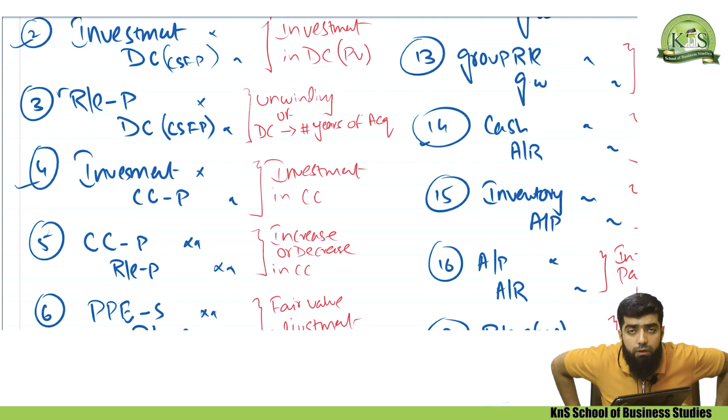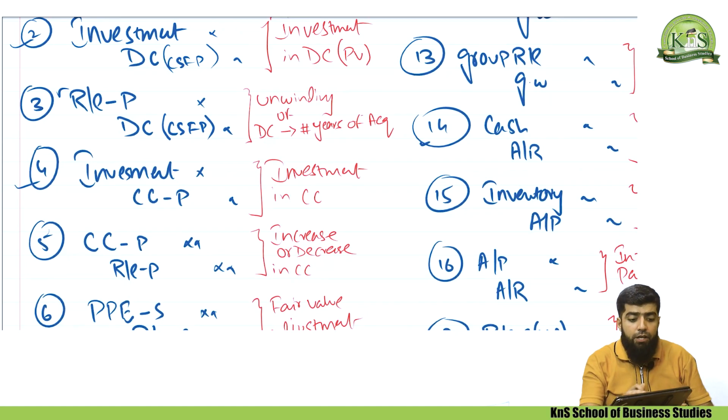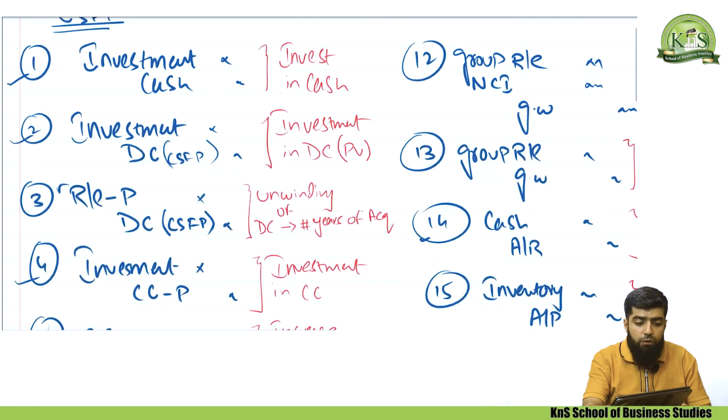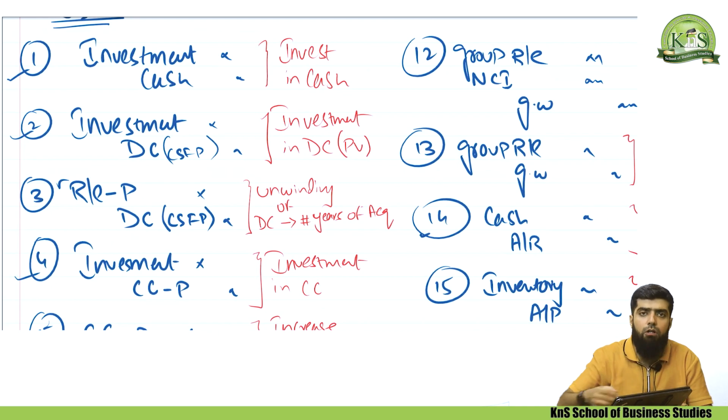So in order to retain all of those adjustments, you need to make all of these adjusting entries. These are the tools through which you will remember. Once you make all of the relevant entries being tested in your paper on a rough paper, you will remember that you need to adjust all of these adjustments. Once you adjust them, just cancel off all these entries which you have made on your rough paper. So please make entries